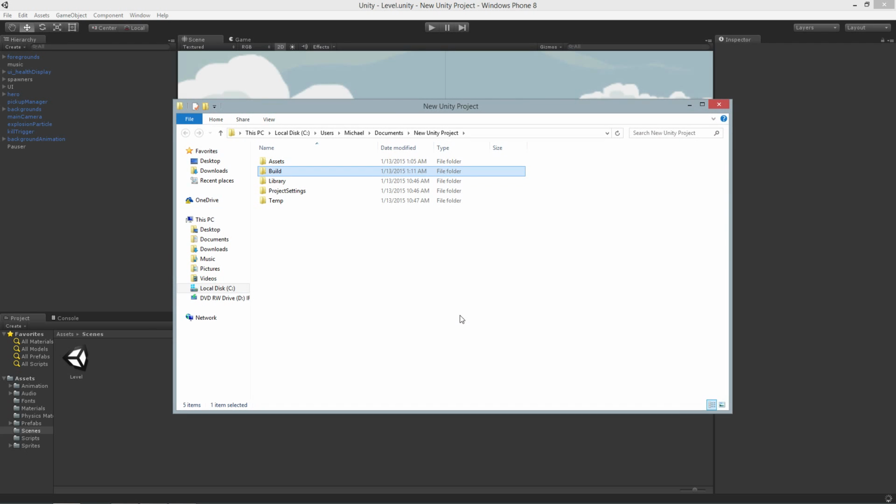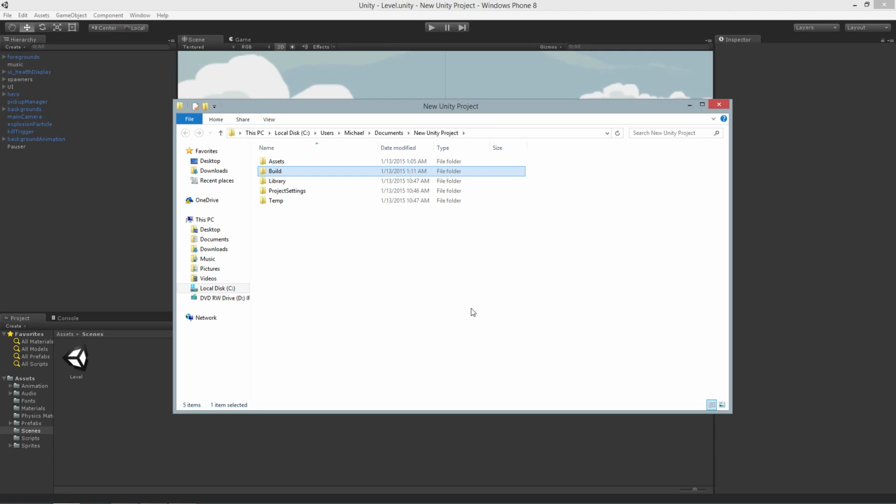And once it finishes up, what you'll see is a Windows folder dialog pop up. This is when it's finished. If you see this, it means you don't have any errors and you're ready to go ahead and open it up. If it doesn't build right away, if you see some errors, like if you're using your own project or another project from the asset store,